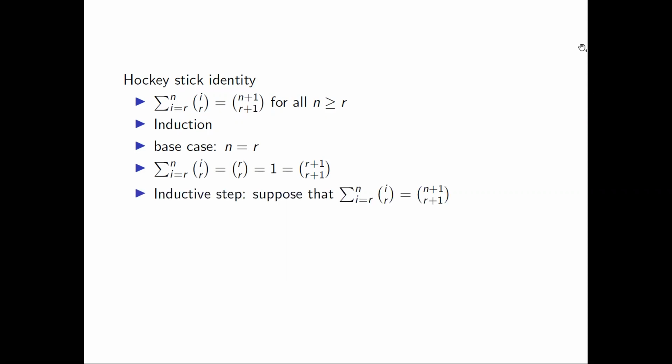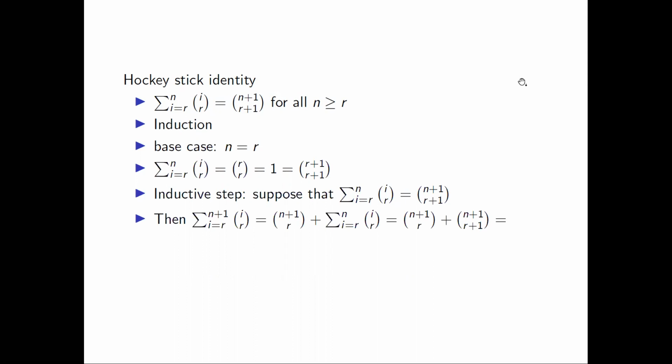For the inductive step, we'll have this inductive hypothesis. We'll suppose that the sum from i equals R to N of i choose R equals N plus 1 choose R plus 1. And we want to prove the next step. So we want to prove that the sum from i equals R to N plus 1 of i choose R is equal to N plus 2 choose R plus 1. So to prove that, we can write that sum, the sum from i equals R to N plus 1 of i choose R,